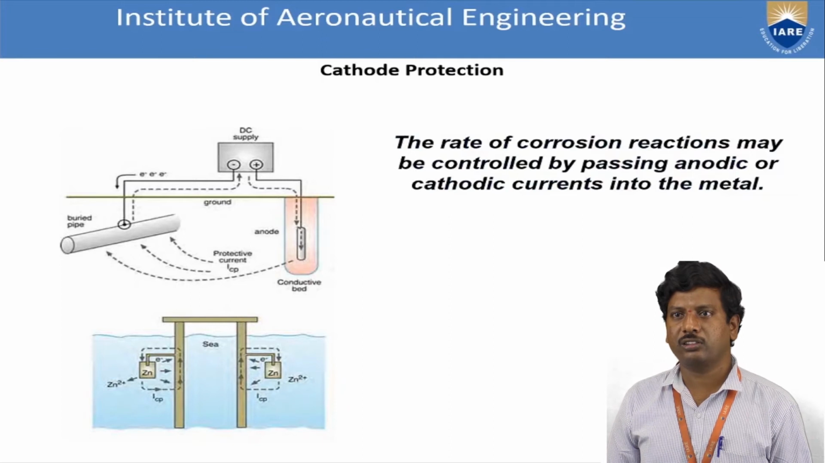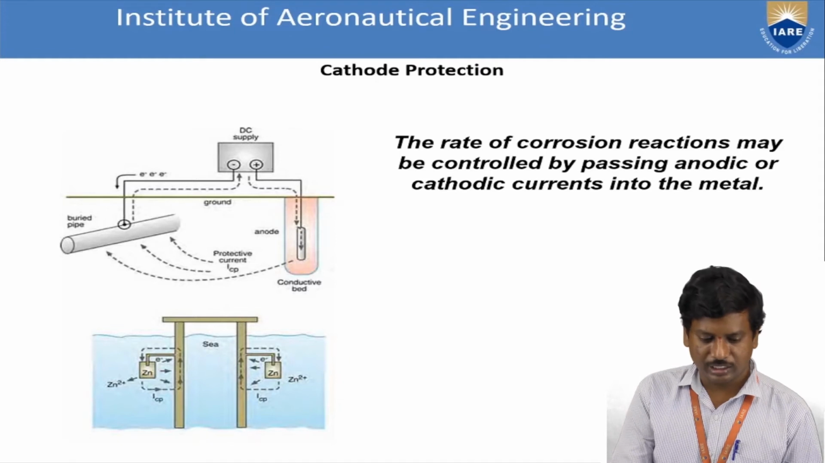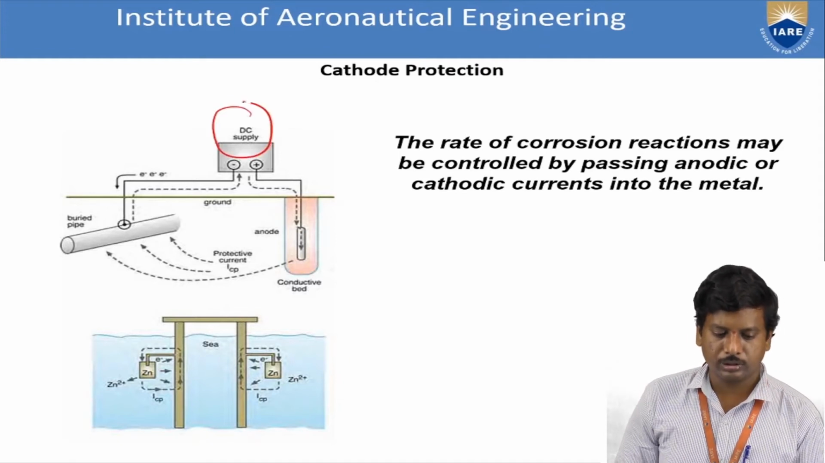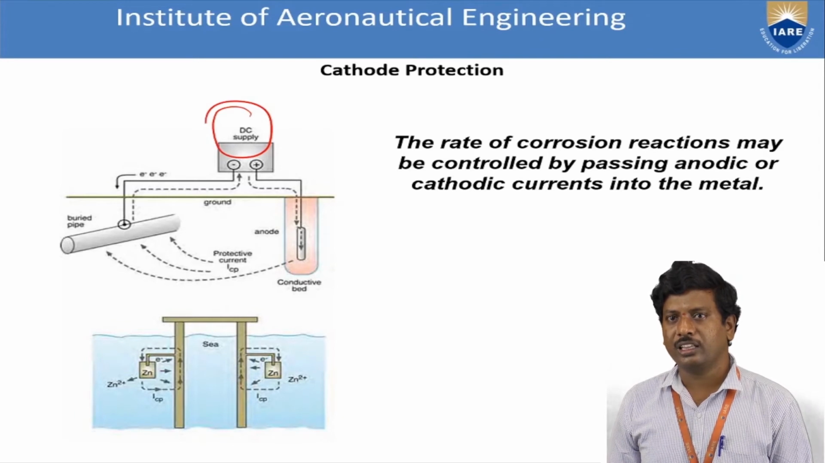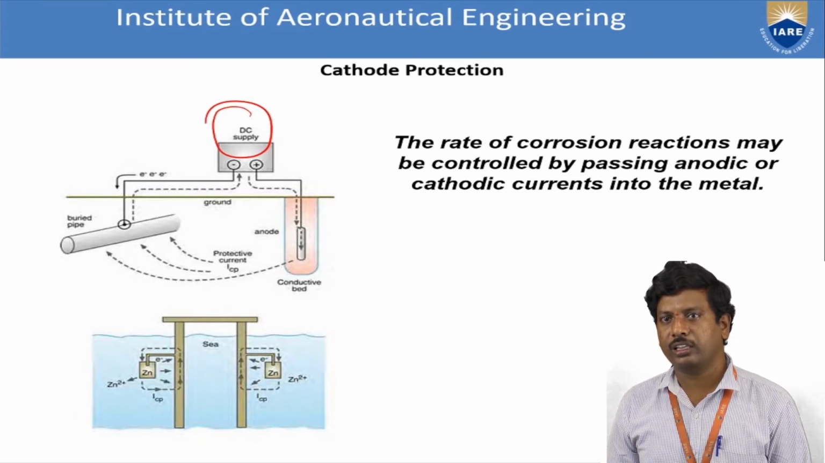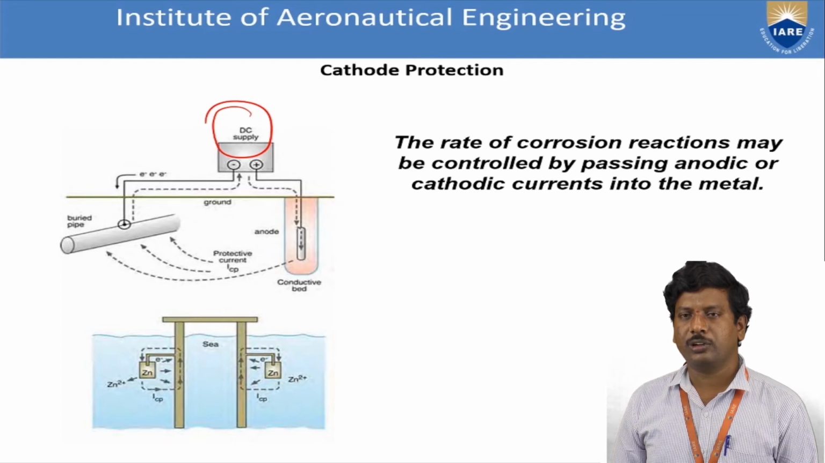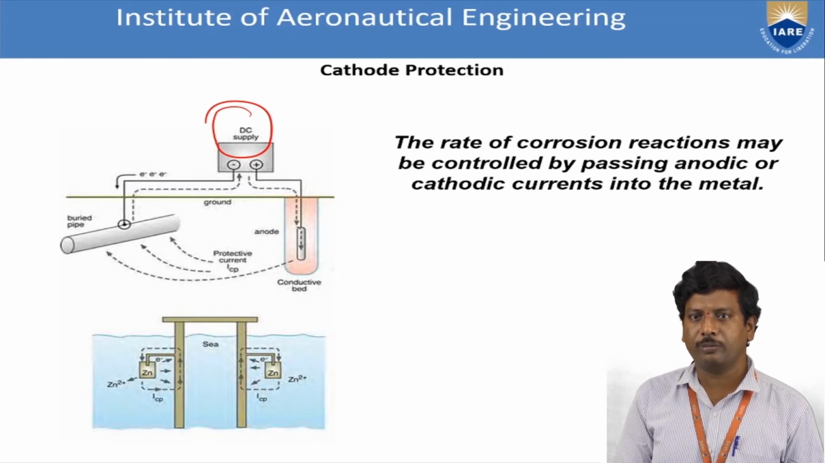So the rate of the corrosion reaction may be controlled by passing anodic and cathodic currents in the metal. Looking at the circuit on the left side, that is nothing but a direct current supply. This direct current supply will be absorbed by the objective material coated in the material. In the left side circuit, the DC supply is connected, and the pipeline should be buried in the bottom of the earth surface. That means nothing but buried pipelines,